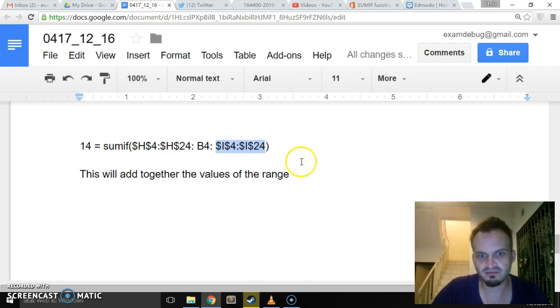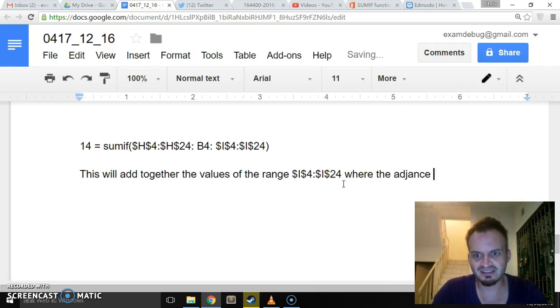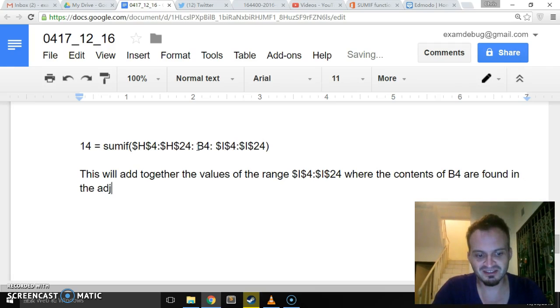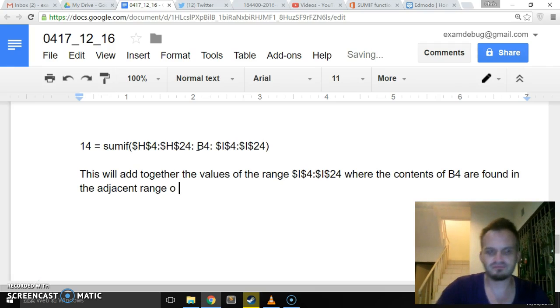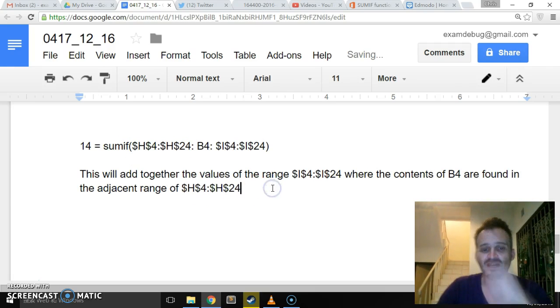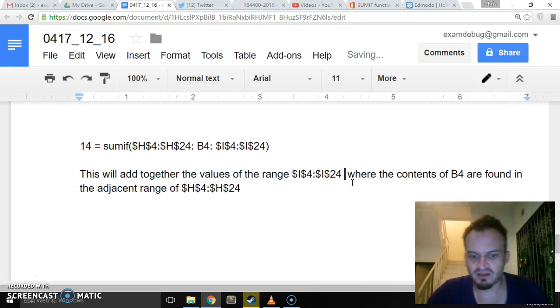So this is the one I'll add together, where the contents of B4, this one here, are found in the adjacent range of this. And that's it. It sounds a bit technical, but the values of the range, so this is going to be